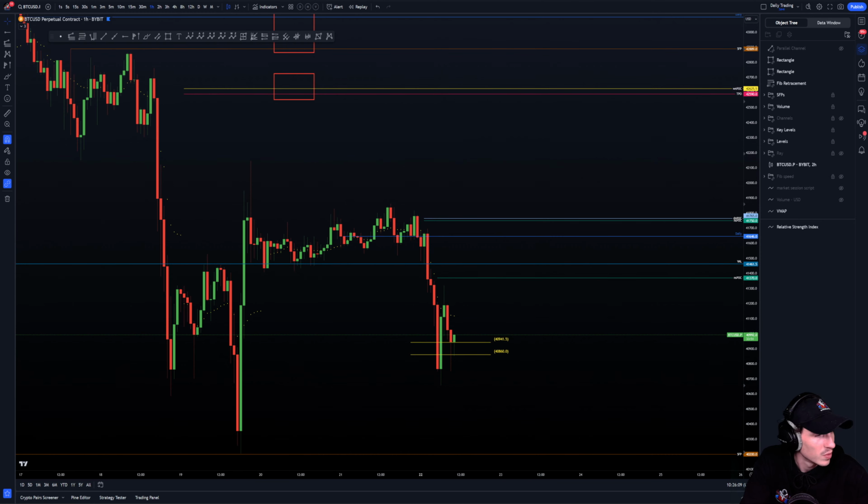Now we need to reclaim that VWAP and this top here, and then we can look for a new high to be made and look for the first short target really. But the 1 minute didn't get a crazy bullish reaction here. 3 minutes, same. 10 seconds, if I'm not mistaken, was good. 30 seconds was good. 30 seconds is not the most reliable time frame, but